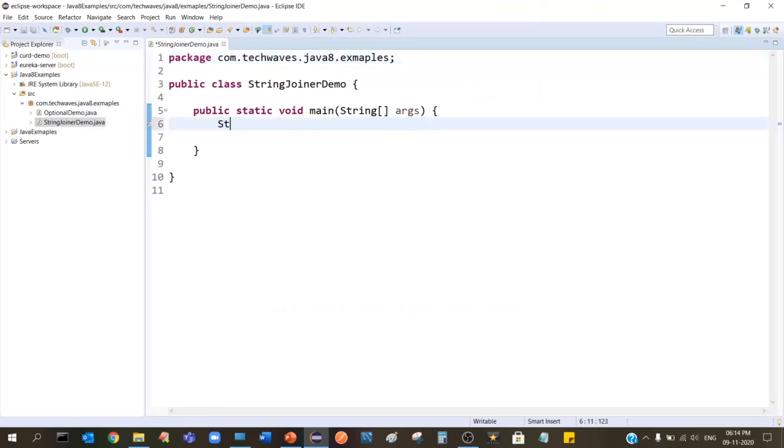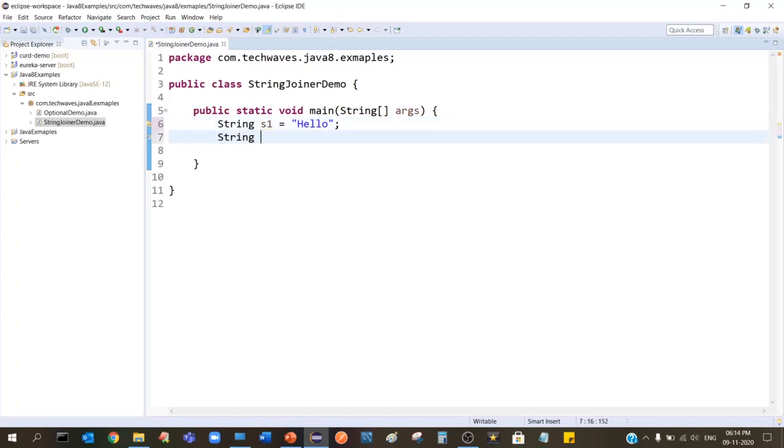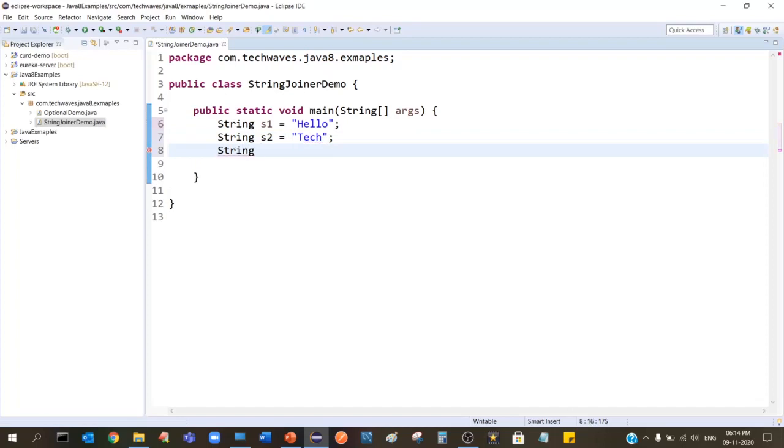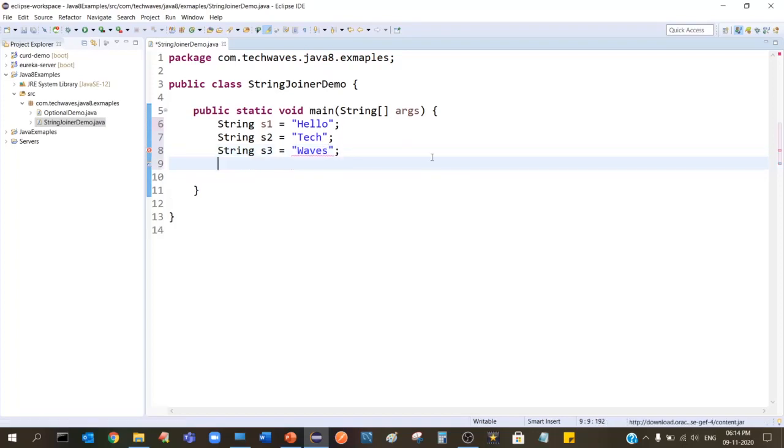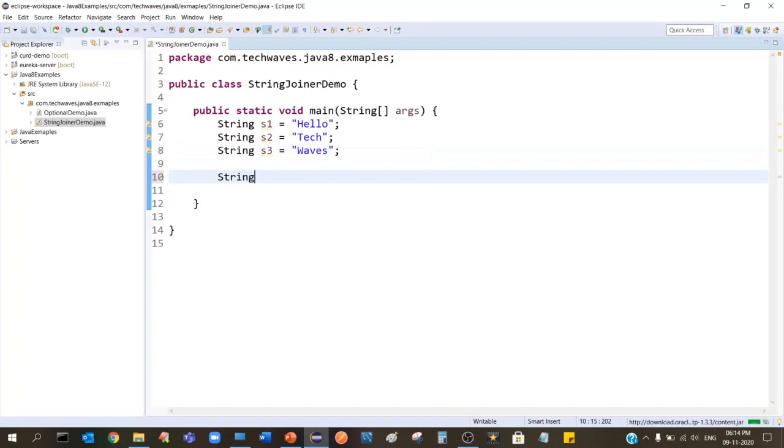And let's say you have three strings: string s1 equal to hello, string s2 equal to tech, and string s3 equal to waves. So now I have three strings.